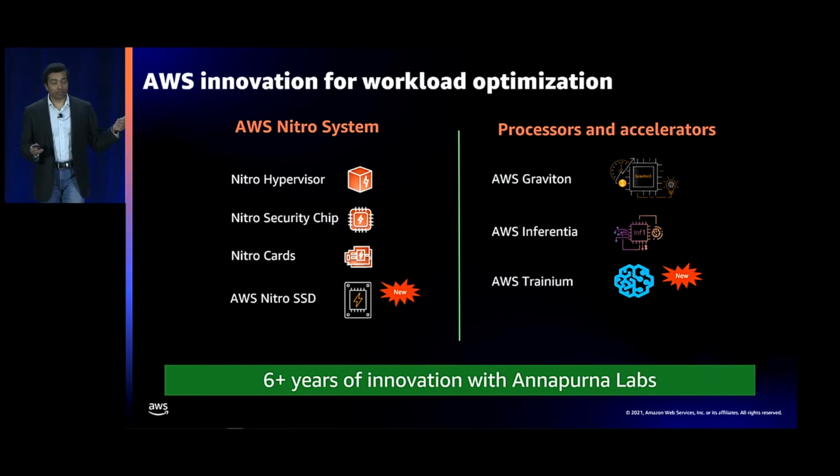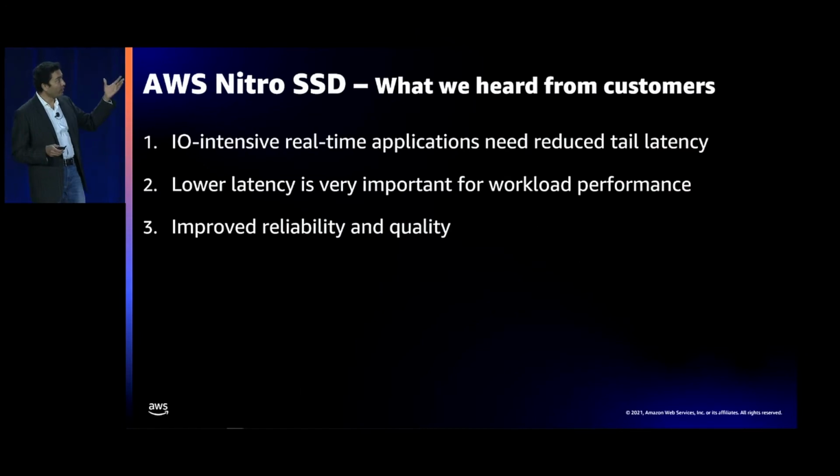So let me give you some more details. When I was talking with customers about their storage workloads and what they would desire from them, 3 themes came out of that. Number 1, they wanted us to reduce the tail latency, or I should say the latency variability, because for real-time workloads, reduction in tail latency directly had an impact on workload performance. So that was the number 1 ask, that we further tighten up the latency band.